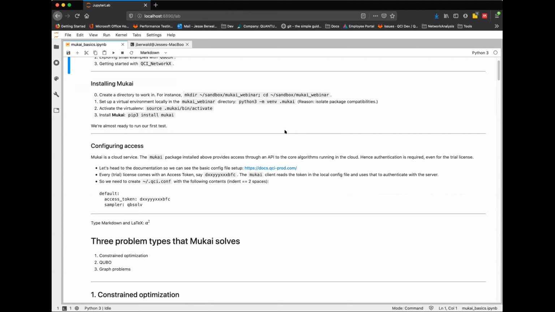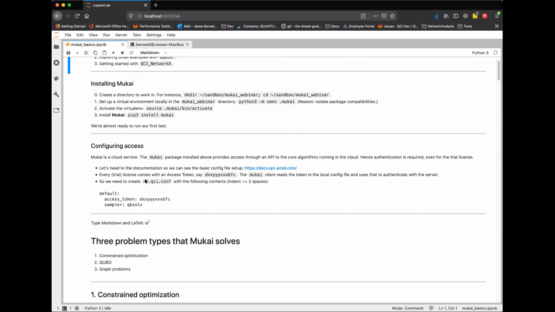Now it's a cloud system, so every time you run a problem, you have to authenticate to the server. Instead of doing that every time, and if anyone runs anything in production at a company, basically you need a file of some sort that holds your credentials. So we're going to create a little credential file.